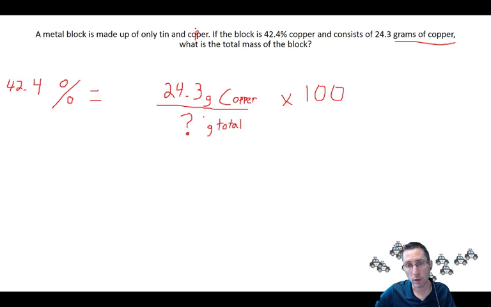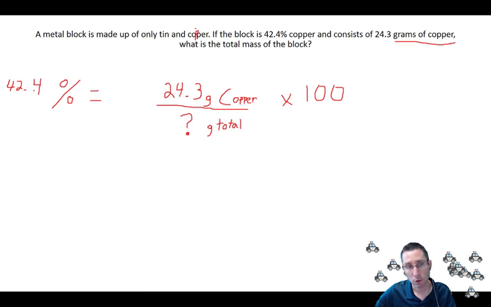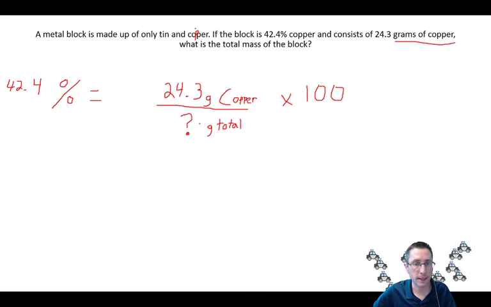And so 24.3 divided by multiple choice answer A times 100, does that equal 42.4? Or close enough with rounding? And that could be the answer, right? So you can eliminate a lot of answers by this backwards math. Okay, so